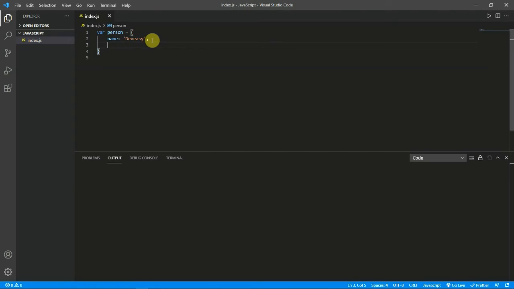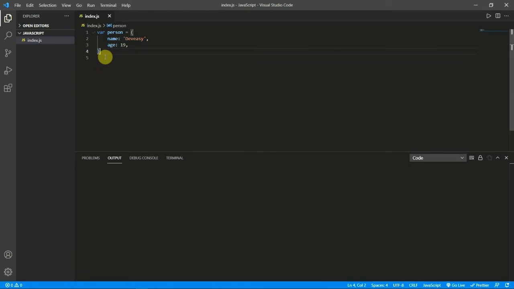There is another property which is age, and I will give it 19. You can have many things. You can have long text, numerics, booleans, any kind of data can be stored in objects. This is how we created an object.